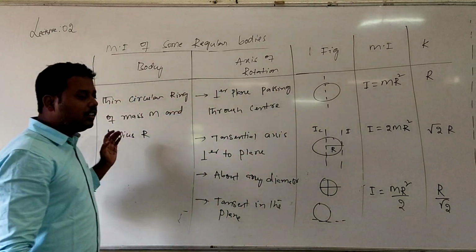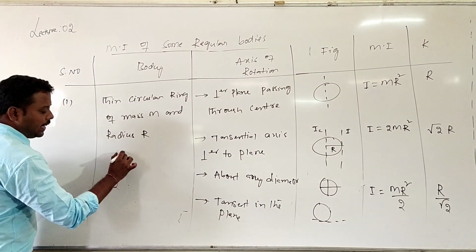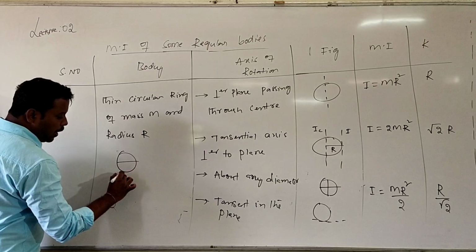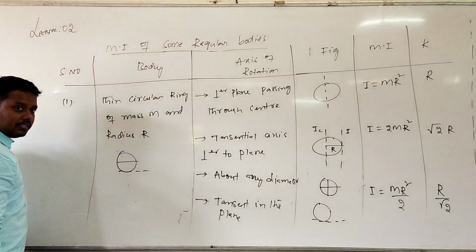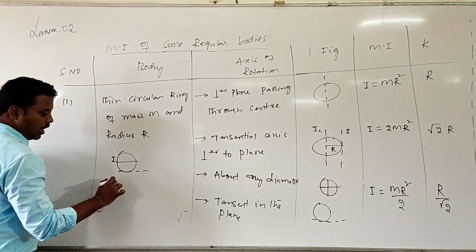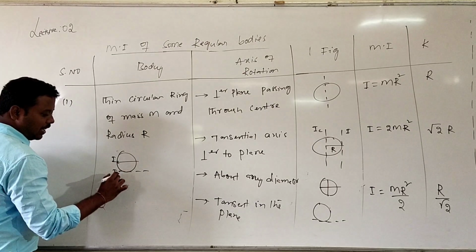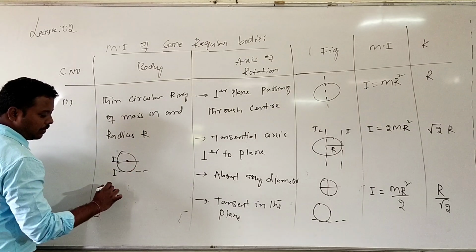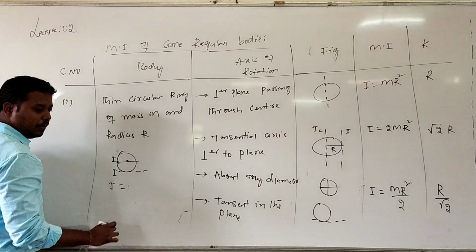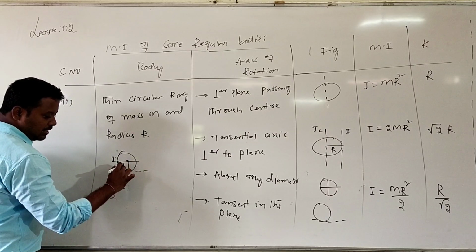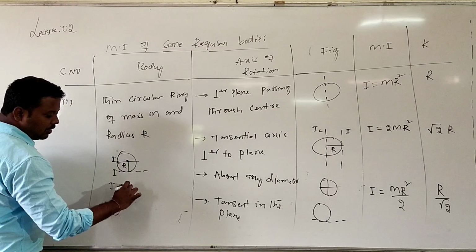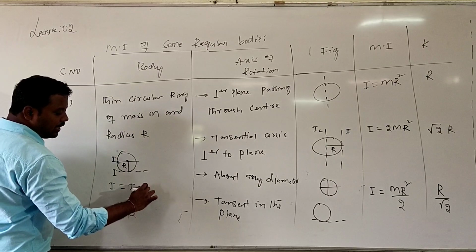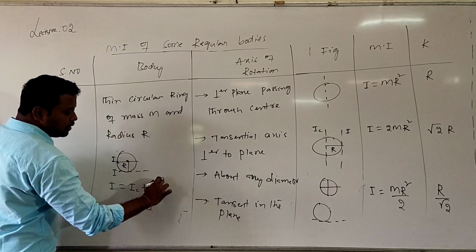Okay, now you tell me, I know the moment of inertia about a diameter. I want to calculate about a tangential axis. So this value I know, and I want to calculate this value. It is also parallel to an axis passing through the center of mass, so this theorem I can apply: the parallel axis theorem. What is the distance value? R. Then what is the formula? I is equal to IC plus m into d square.